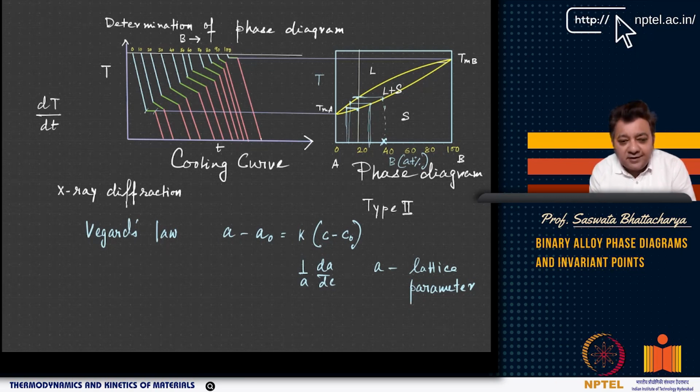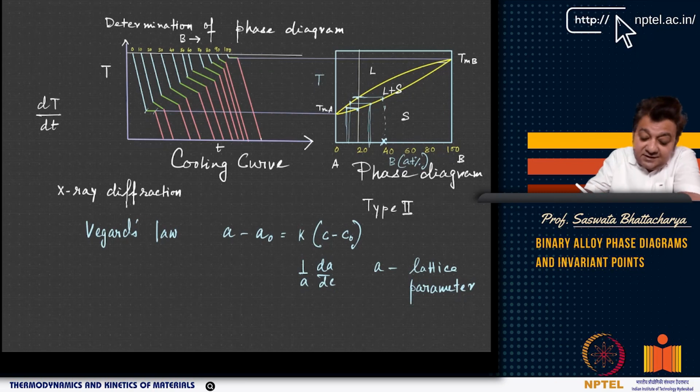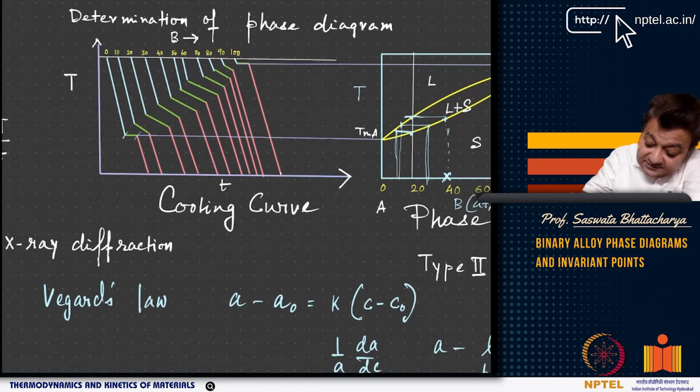And then for each composition, we will basically use a furnace. We will heat it up until it melts, and then we'll start cooling it. So it's called furnace cooling. As we cool it, imposing a certain cooling rate, we get this temperature-time curve.